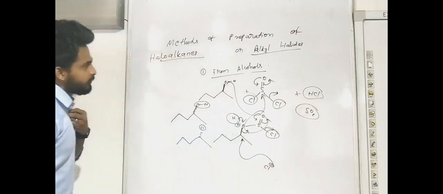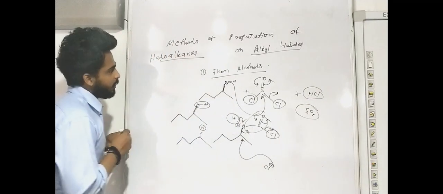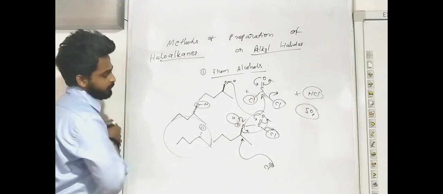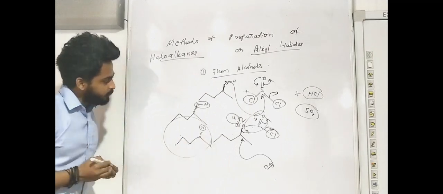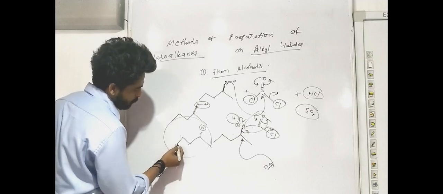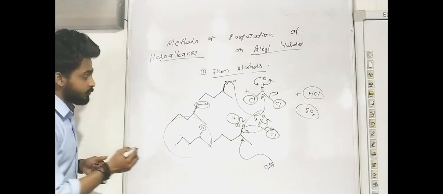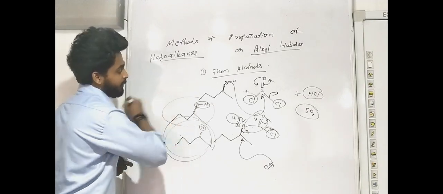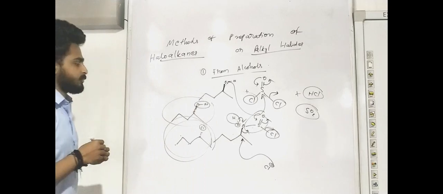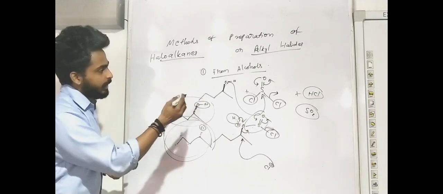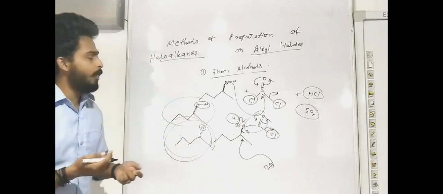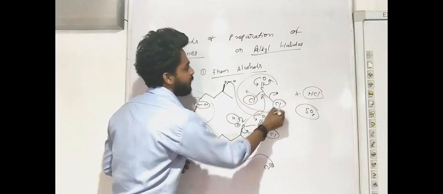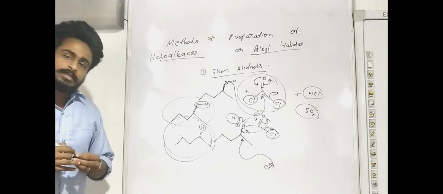So that is the first method of preparation of this alkyl halide. What do we call this? Counting 1, 2, 3, 4, 5, this is 2-chloropentane. So we create 2-chloropentane from this 2-pentanol. That is the first reaction. The same mechanism can be used for the preparation of haloalkanes by using a different reagent, that is tosyl chloride with pyridine. That is also applicable.